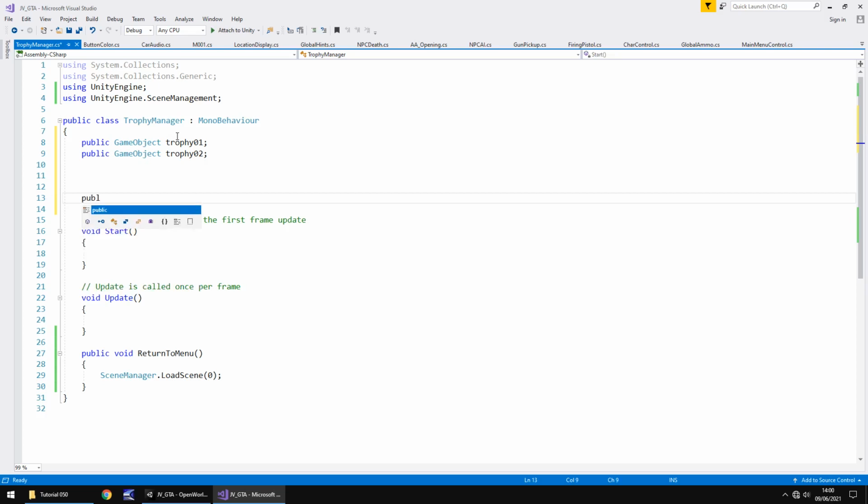So next is going to be public audio source, and next what we'll do is we will call it... what can we call it? Trophy unlock, semicolon. Now, this is going to manage all of our trophies, but we're going to need a separate script, which is going to be a trophy loader. Now, a trophy loader is going to be another script which basically loads in what trophies we have obtained and